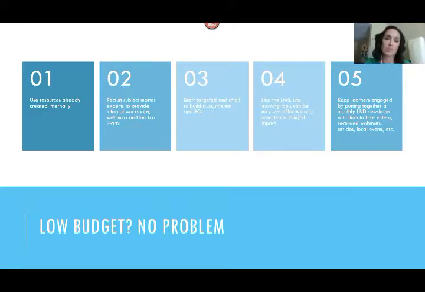Number 4, this is a big one. Again, speaking purely from my experience, skip the LMS to start. Make sure that is exactly what you need. They are big, they're heavy, and they take a long time to implement. It takes a lot of manpower and time, and the last thing you want to do is implement a huge platform and nobody uses it. So keep it light with the tools.